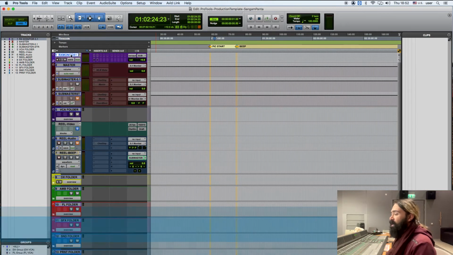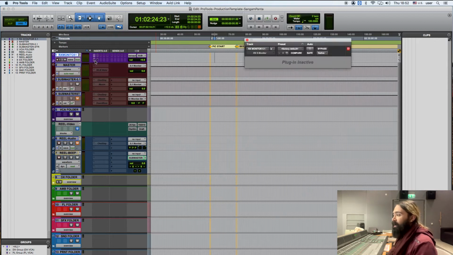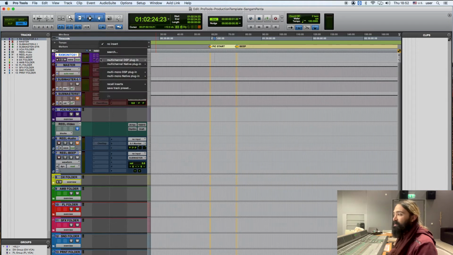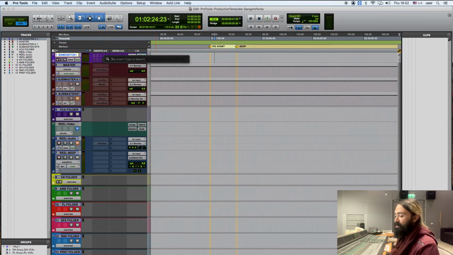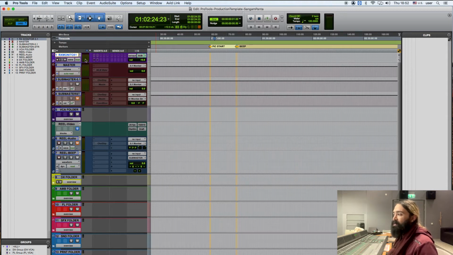The first track that we have is RX Monitor in 5.1, and if you check here, we have RX Monitor 8 and 9, and whichever version you have, you can just click here and add your RX Monitor from search, and if you do monitor, you can just add your version. So if you want to add, just add 5.1, and RX Monitor is in 5.1 here because whenever we have